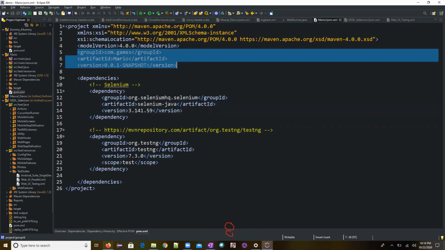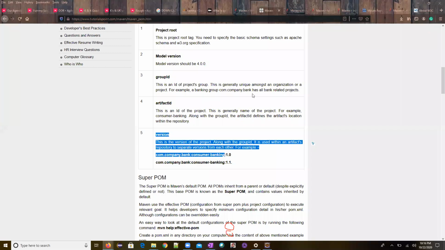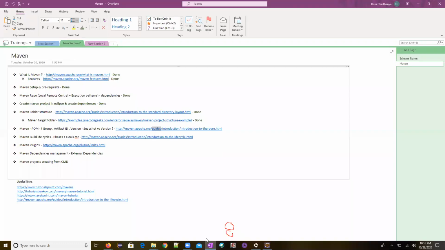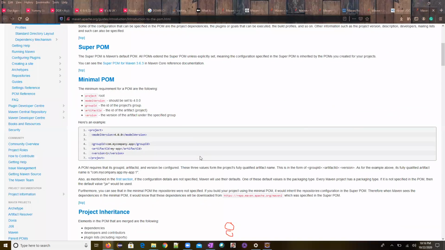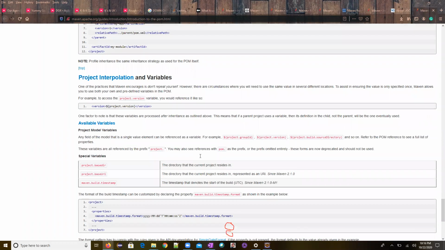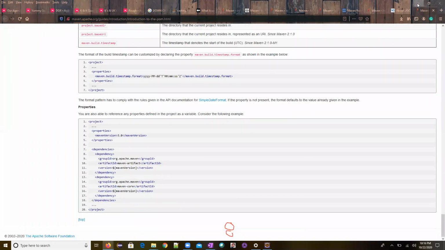And coming back to the snapshot. This one is an interesting discussion. We wanted to know the difference between the version and the snapshot.